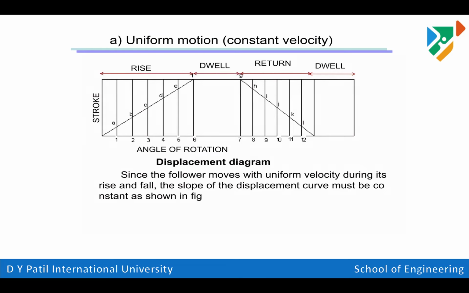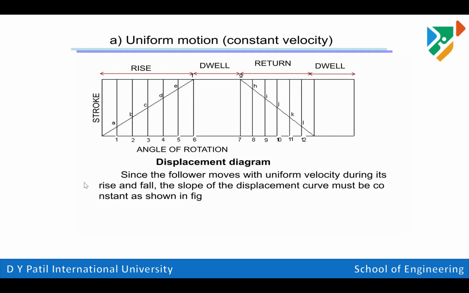In uniform velocity, we need to draw the displacement diagram. To plot the displacement diagram, on the y-axis we plot the stroke or lift of the follower. On the x-axis we plot the angle of rotation, theta, that is the cam rotation. If the follower is moving with uniform velocity, we have the angle of rise, dwell, and return. During the angle of rise, the valve opening will start. During dwell, the displacement of the follower remains constant. And during return, the displacement reduces, that is the valve closing will start. So these are the different orientations of the cam: angle of rise,